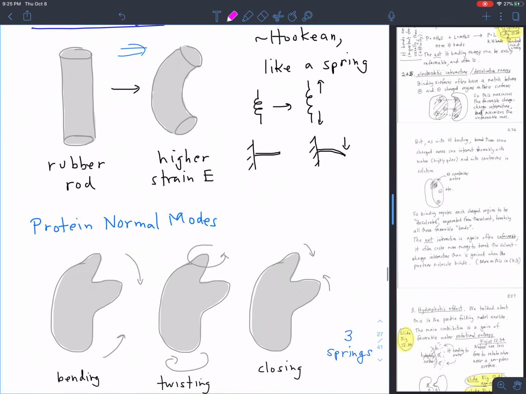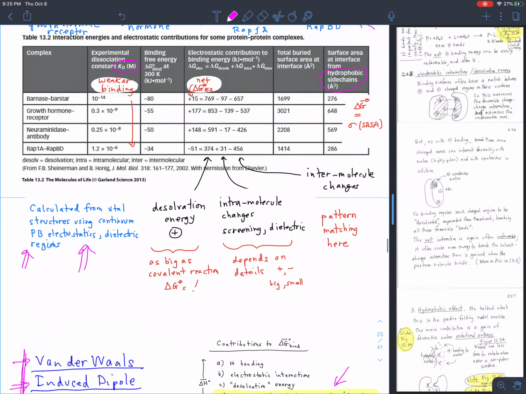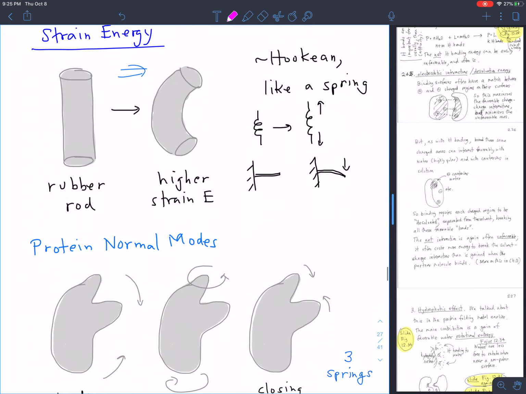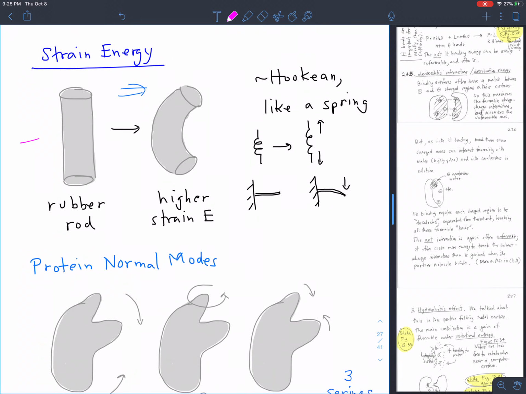All right, the last contribution to the delta H contributions here is strain energy. And that just is what it sounds like. It means you have some molecule, it's got a preferred shape, and you distort that molecule, you torque it. It costs energy to do that. The thing responds like a piece of rubber. It's like bending a piece of rubber. It takes energy to bend that piece of rubber. As long as the bending is not too severe, it's a good approximation to say that that bending is a lot like a spring. It's like bending a leaf spring in an old suspension system from a car,